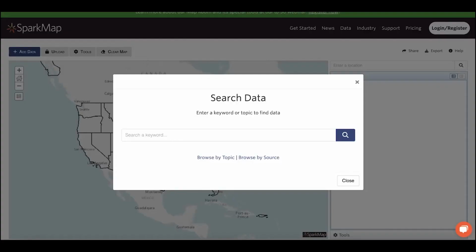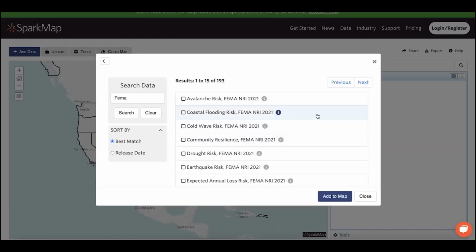Let's get started. To begin, I think it's important to help you assess the risk of various disasters in your community. For specific risks, we have a robust library of FEMA layers. When I search FEMA, we see that 193 results populate.